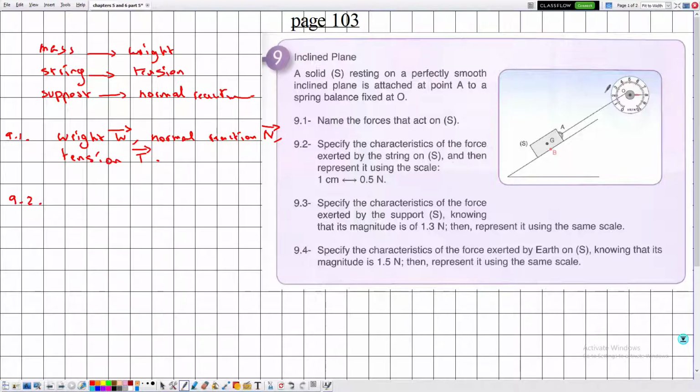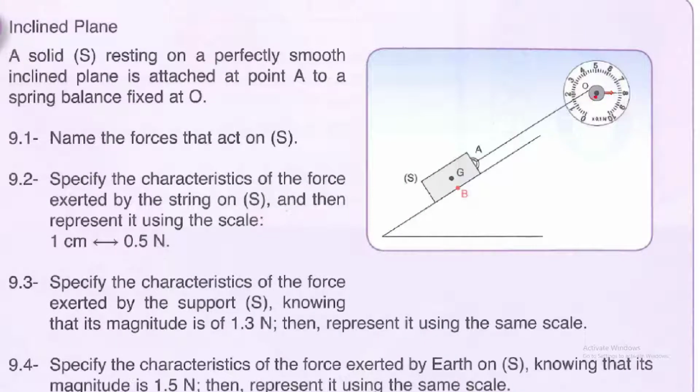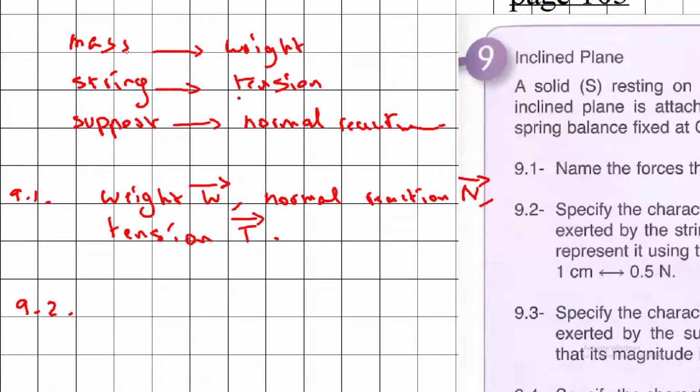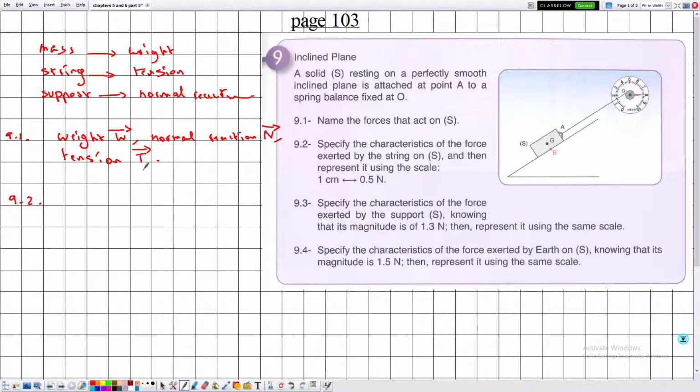Now in 9.2 they are telling me to specify the characteristics of the force exerted by the string on S. So we need to list the properties of a force. Which force? The force exerted by the string on S. So here, by the force by the string on S, they are talking about the tension, because the tension is due to the string. Then we need to list the properties of the tension. So the tension T